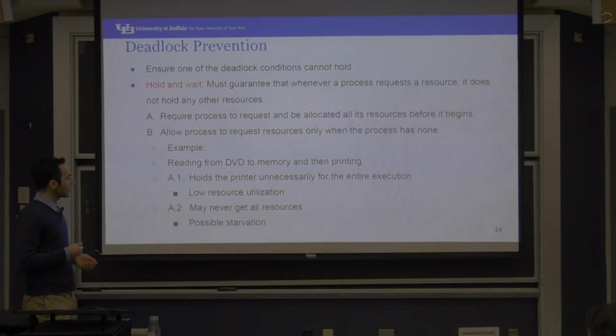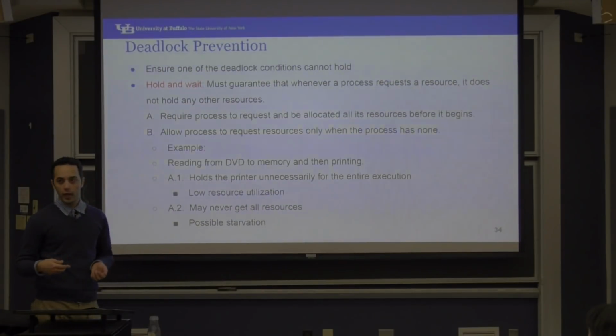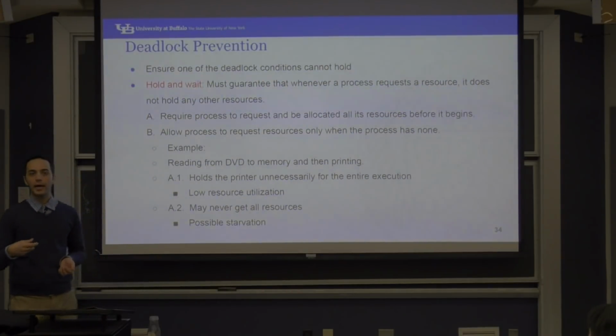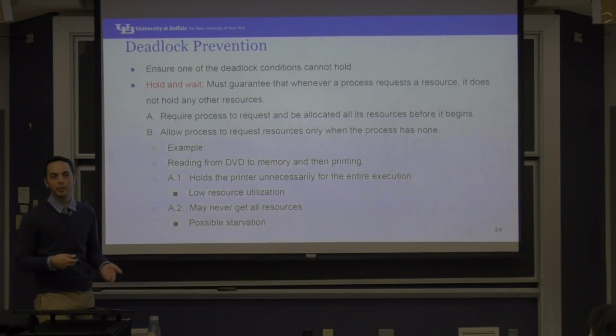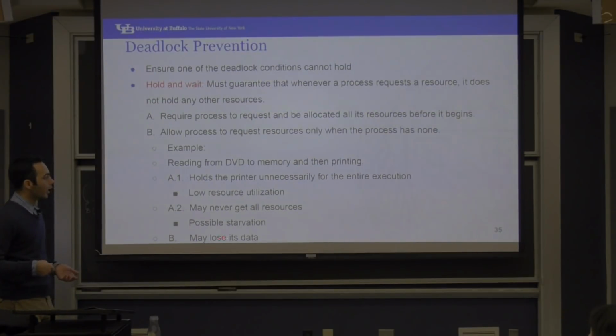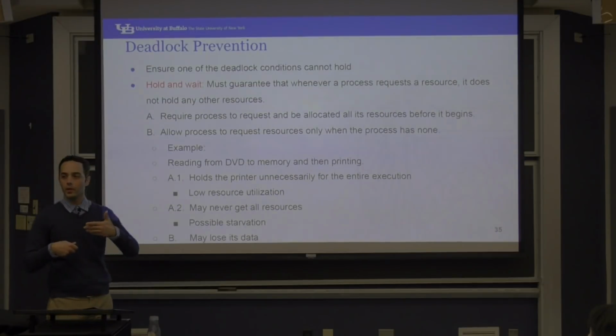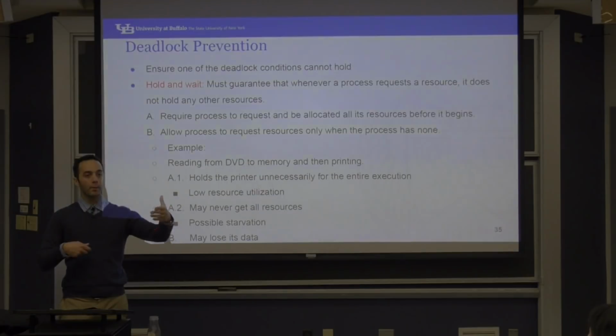So now, what happens if we allow a process to request resources only when the process has none? Once it has the DVD, we won't allow it to use the other resources, right? So it can basically never run. Either it has to starve or we close it completely, or in case of preemption, when it is accessing the DVD, it's fine. Once it asks to request the printer, because it is holding the